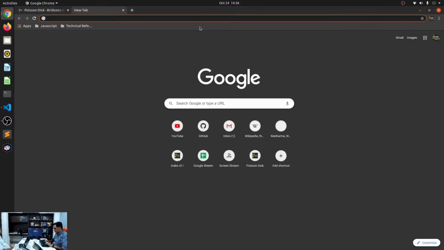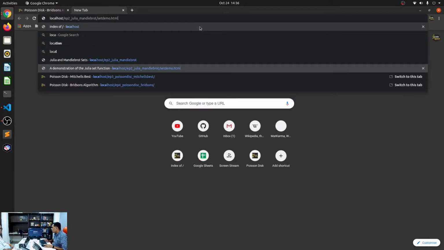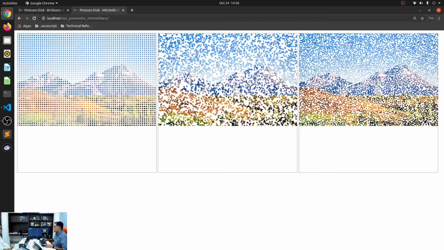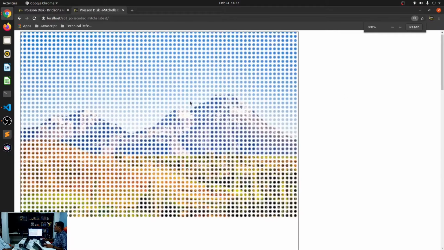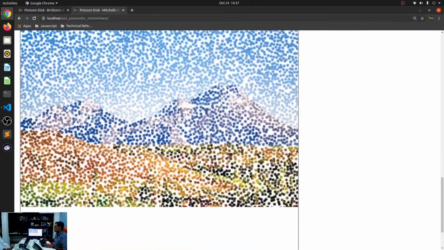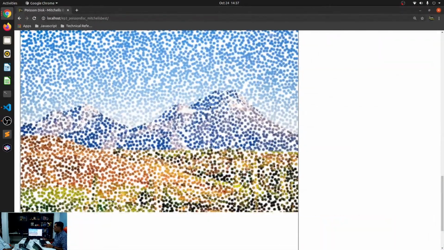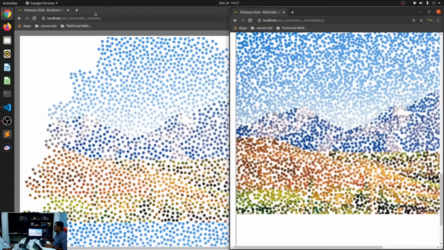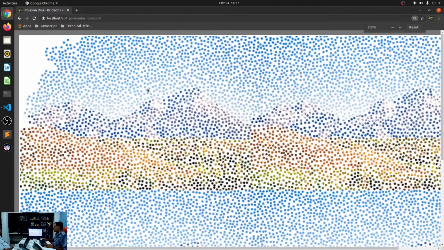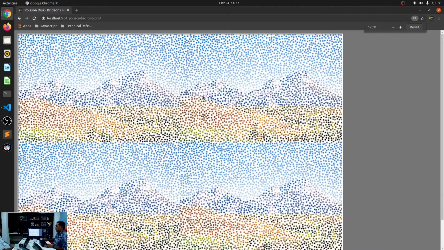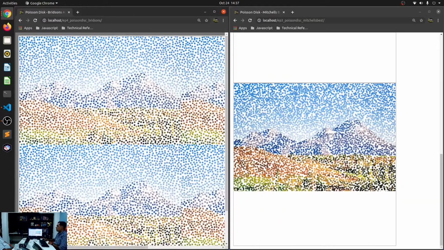We'll just let this complete, and meanwhile I can load last week's Mitchell's best, and let me zoom in on it, and you can very clearly see why this is actually better. Last week when we saw Mitchell's best, it had these gaps over here, and over here, and all of these places.